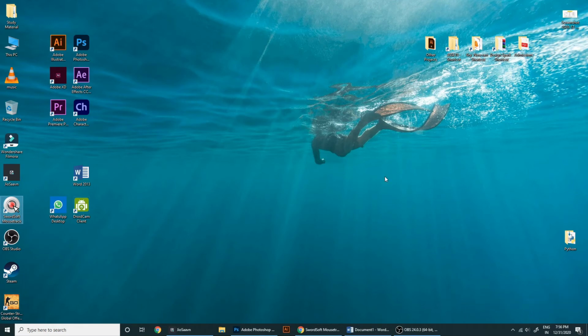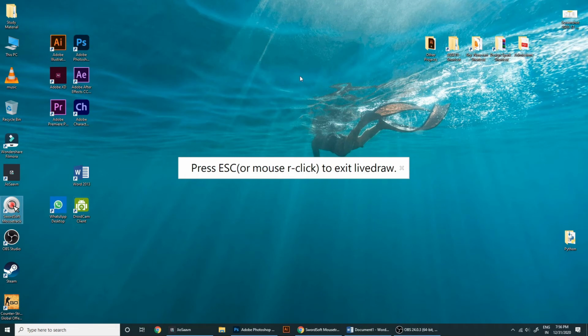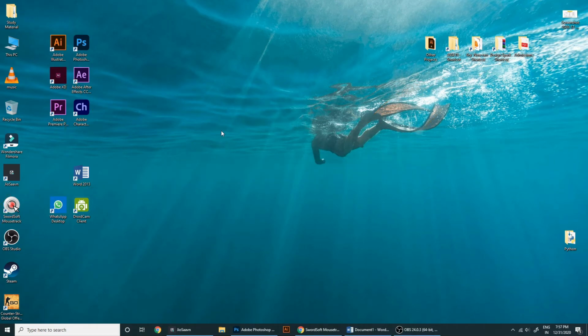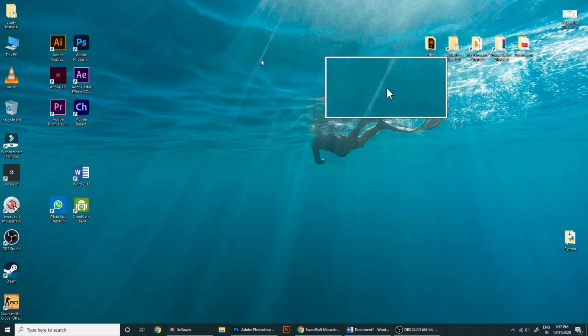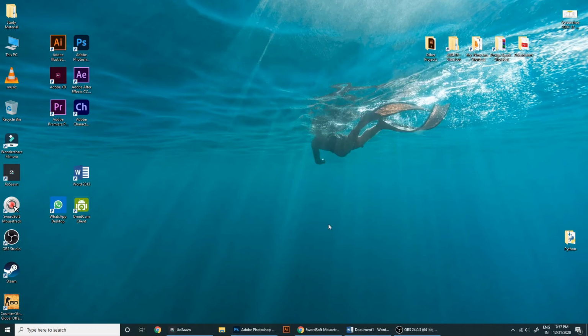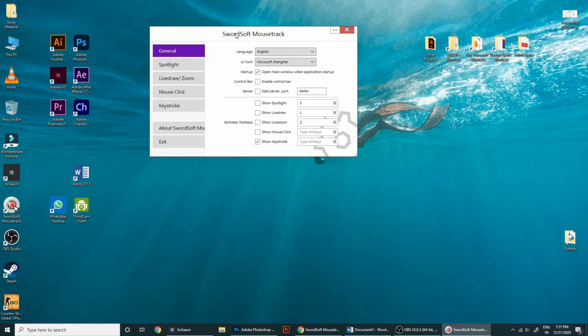L. Okay, and now I pressed L. Now I can draw anything on my screen while recording this. Next was zoom. So for live zoom, I'm pressing Z now. Okay, so here this window comes up. So shortcuts are working. As you can see, this is not on our taskbar as well. If you directly open it, it will open from there. It will run on the backend.